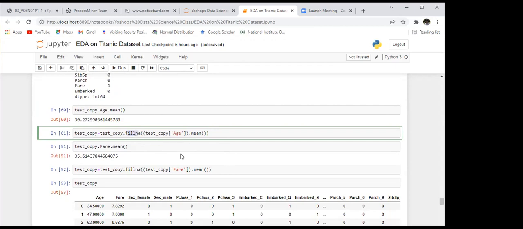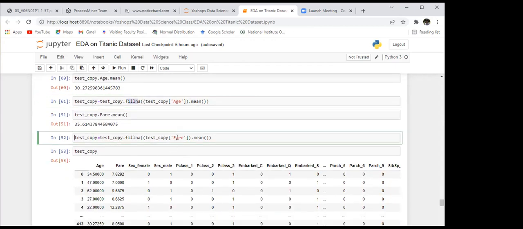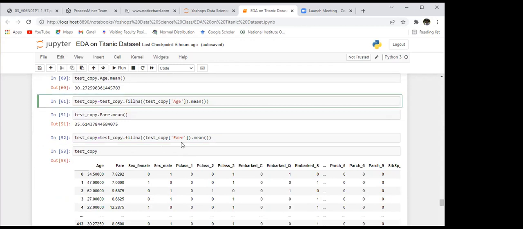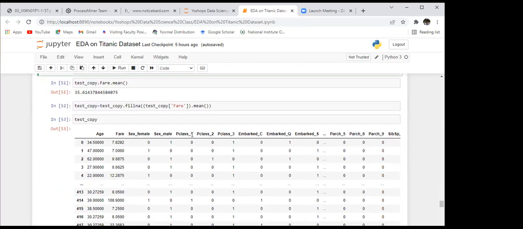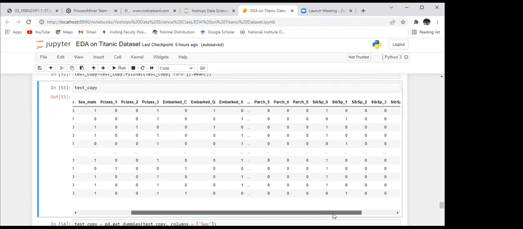So all the missing values in the age variable will be filled by the corresponding mean value. Same goes for fare. Both are numerical and continuous, so same method. This is what your test copy looks like after data cleaning. So the data cleaning step is almost done.